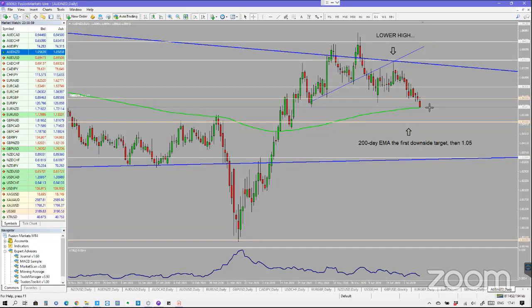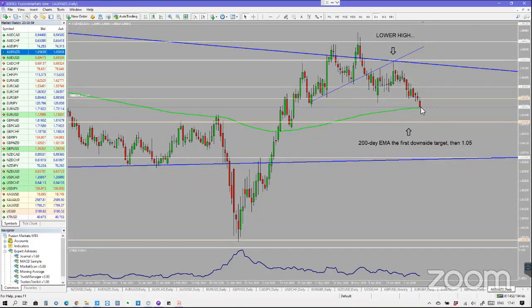I had called a target of about where it is now, an initial target, and we actually traded this on the daily wave rider. We just got to our take profit level on Friday night late, but it could potentially fall all the way down to 105 before the Aussie has a chance to potentially bounce back up here. There's some really good horizontal support at 105 even, which is about 60 pips below where it is now,